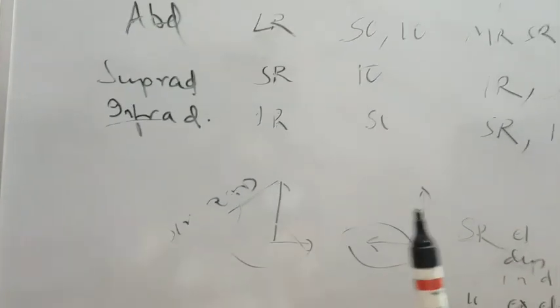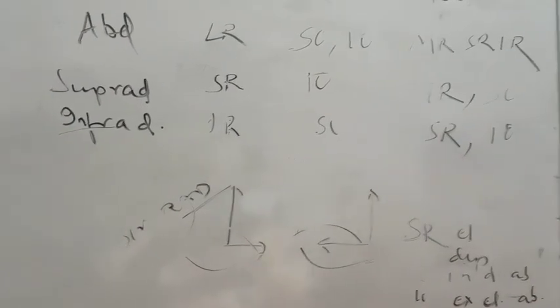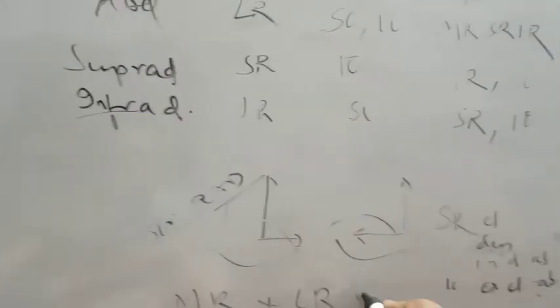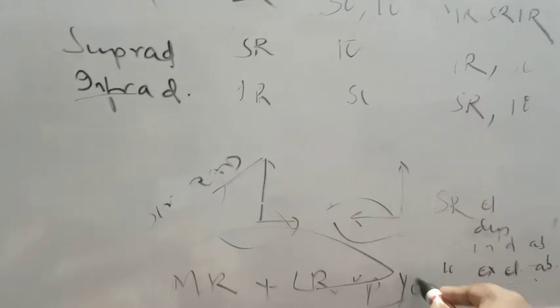Now yoke muscle is very different. Why? Because a yoke muscle is a muscle with the same action in opposite eyes. Which means, suppose this is the marker, I tell you, look here. Don't move your head, just look here. You are looking towards the right side. When you are looking to the right side, what is happening? The lateral rectus of the right eye is contracting. Also, the medial rectus of the left eye is contracting. This side the medial rectus is contracting, this side the lateral rectus is contracting. Then only you are able to look like this. So, always the medial rectus of one eye plus the lateral rectus of the opposite eye, they are the yoke muscles.